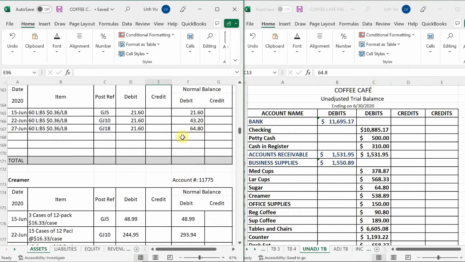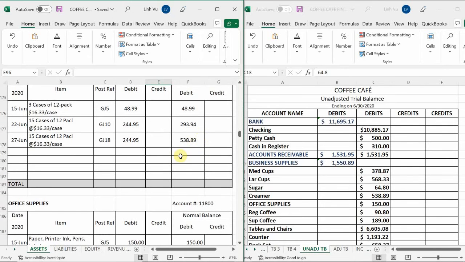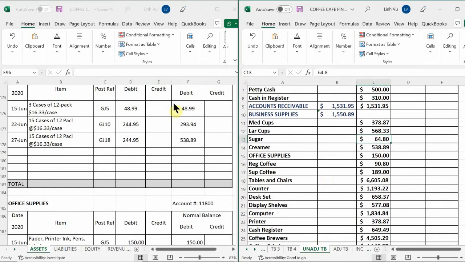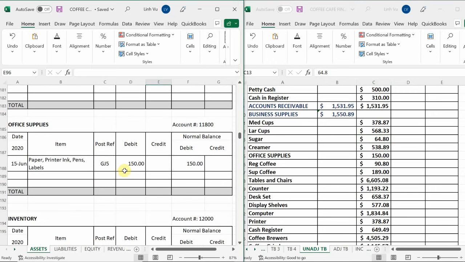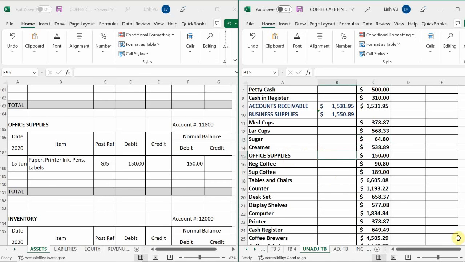Sugar is at the same price of $64, and my creamer is still at $538. So again, my business supplies are done. Okay. Next account I have here is office supplies. Office supplies is still at $150. So in this case, all I have to do is copy this cell right here to reflect that it is